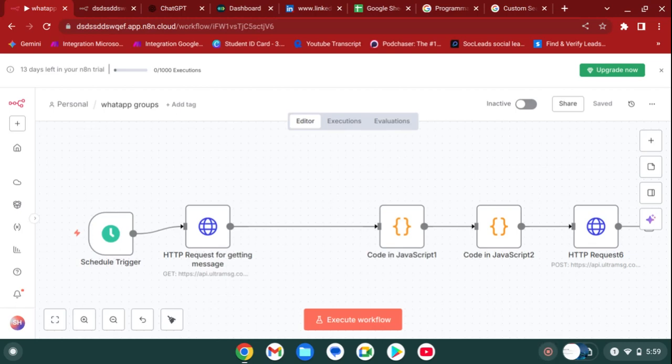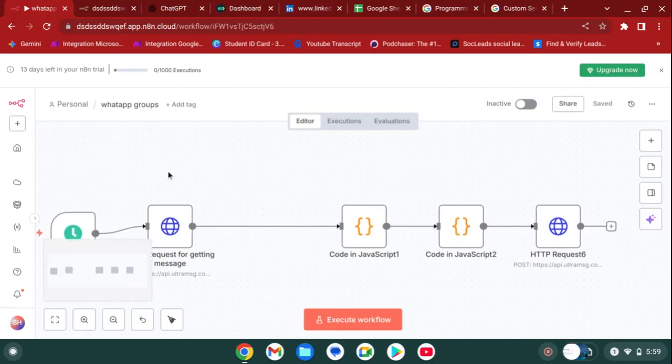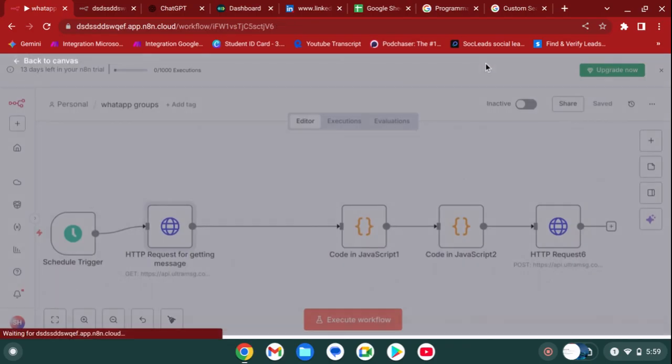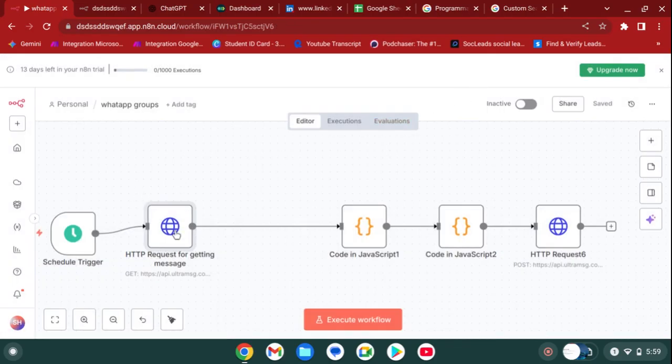This is the workflow that I built for one of my clients who is looking to grab WhatsApp messages from various groups. This one I built for only one group, and I simply duplicate that. So this can grab a message from a WhatsApp group. Then we get that message,